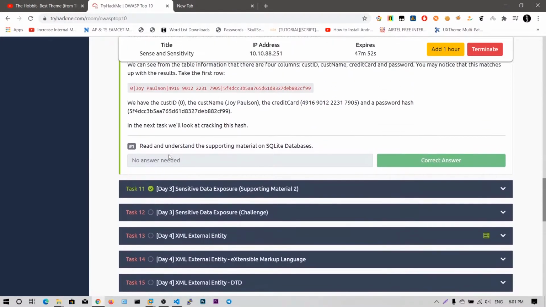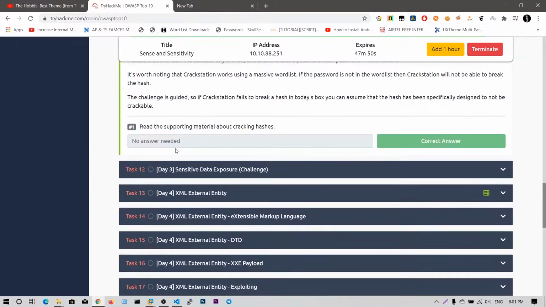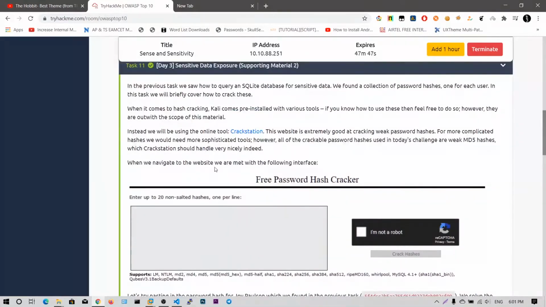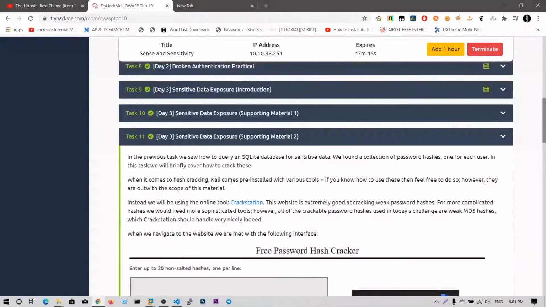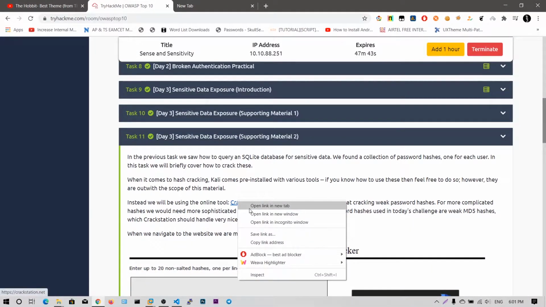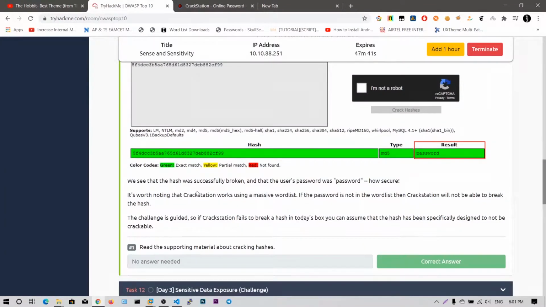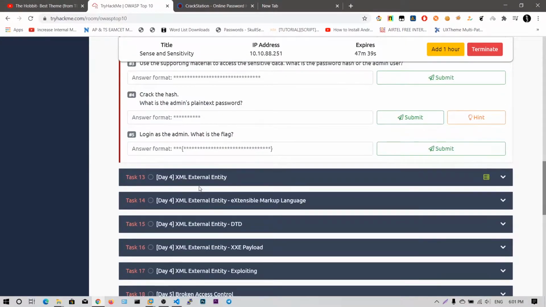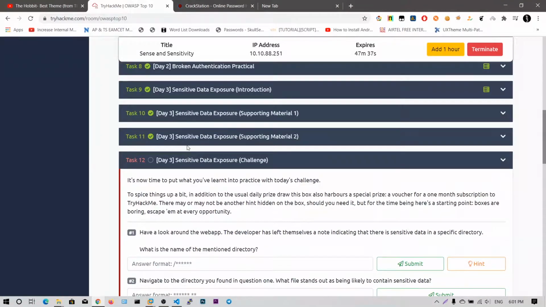And now, they are suggesting this CrackStation website to crack the password hashes. So okay, now let's do this challenge. This is very simple theory, just the data is being exposed using a vulnerability. This is the SQL vulnerability, and what we want to do is extract as much useful information from this data.